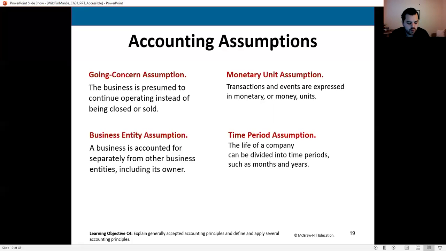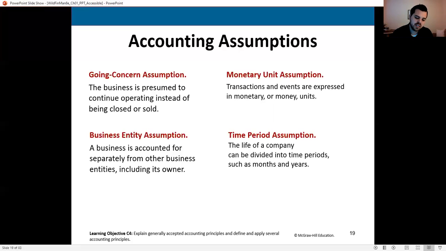So when we are recording journal entries, this tells us we don't need things like dollar signs in there. We know that this is talking about dollars. So if I look at my financial statement and it says cattle, $1 million, right? That's not telling me I have 1 million units of cattle, right? It's not telling me I have 1 million head of cattle. What it's telling me is the monetary value of that cattle is $1 million.